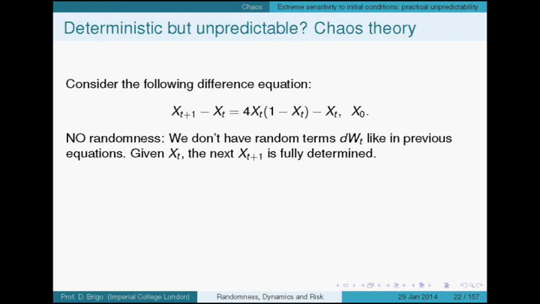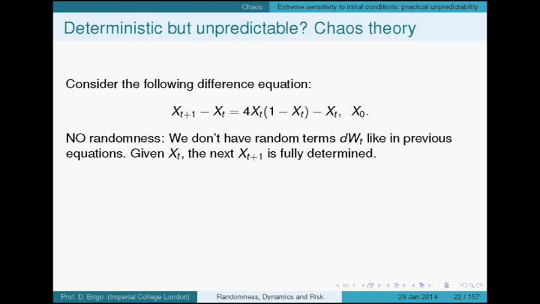This affects that all. So let's move to the next slide, which tries to see if we can recover some random behavior from particular systems. This is another example, which is actually from chaos theory, showing you a very simple system where the change between time t and time t plus 1, which you see on the left-hand side of the equation, is 4 times the previous position multiplied in this way, as you see in the equation,